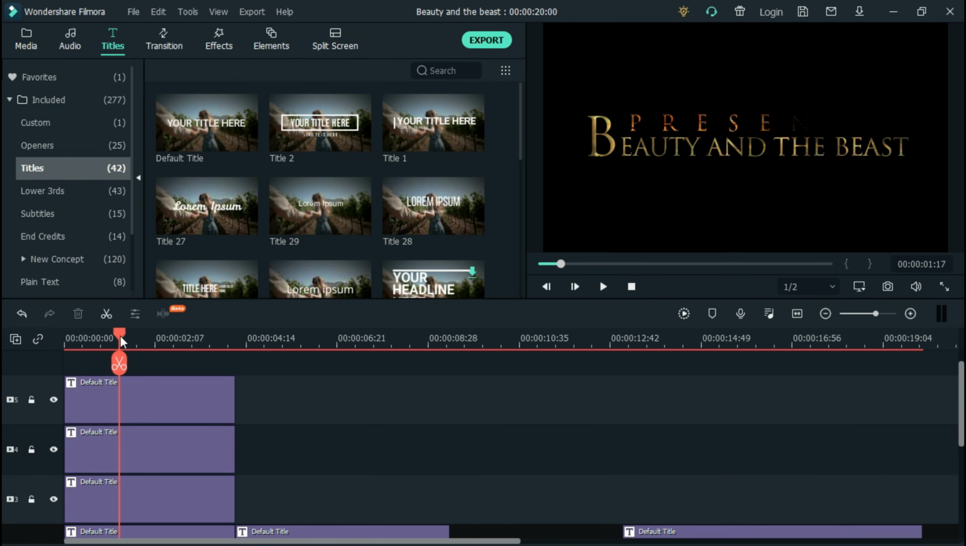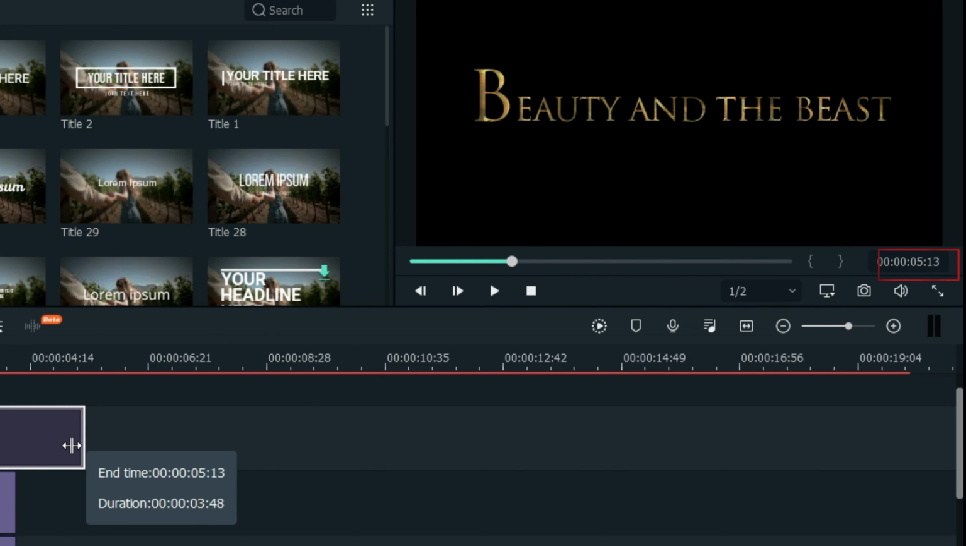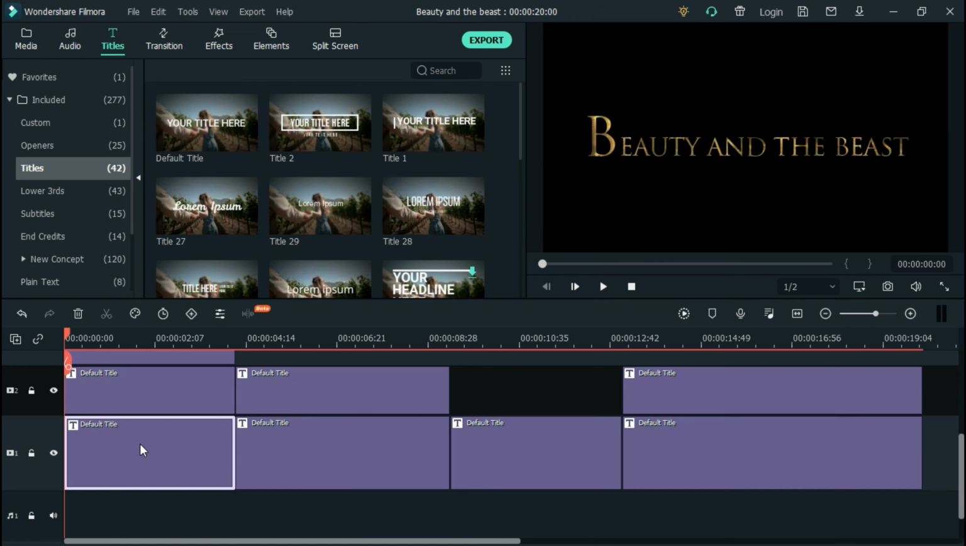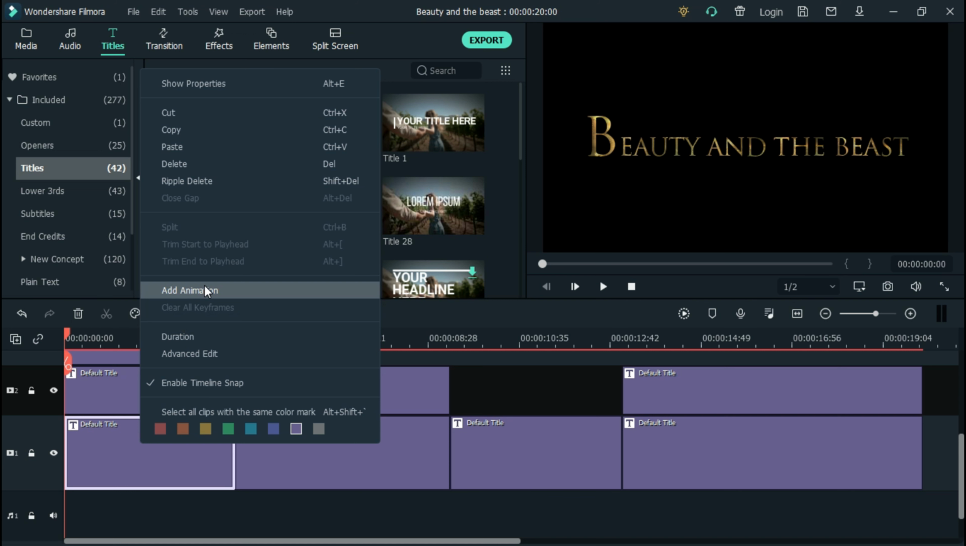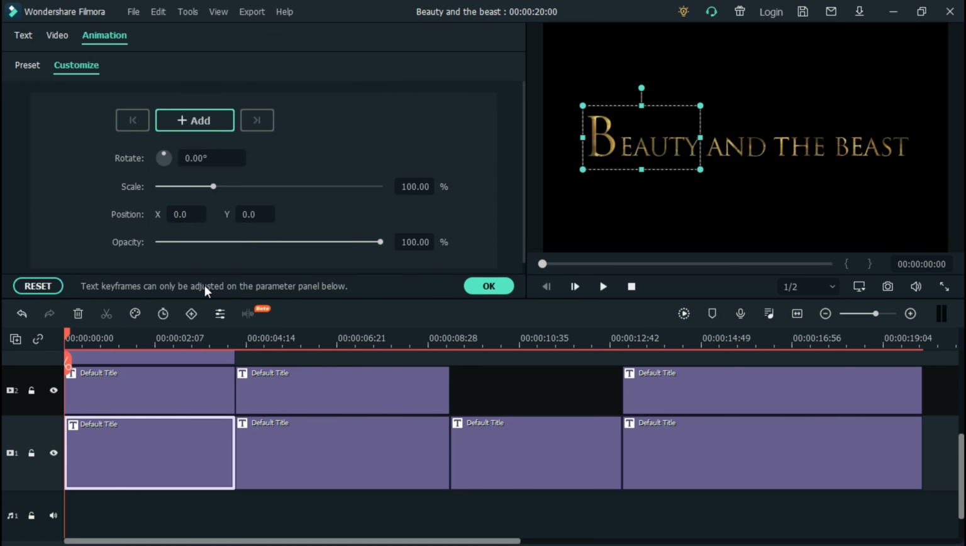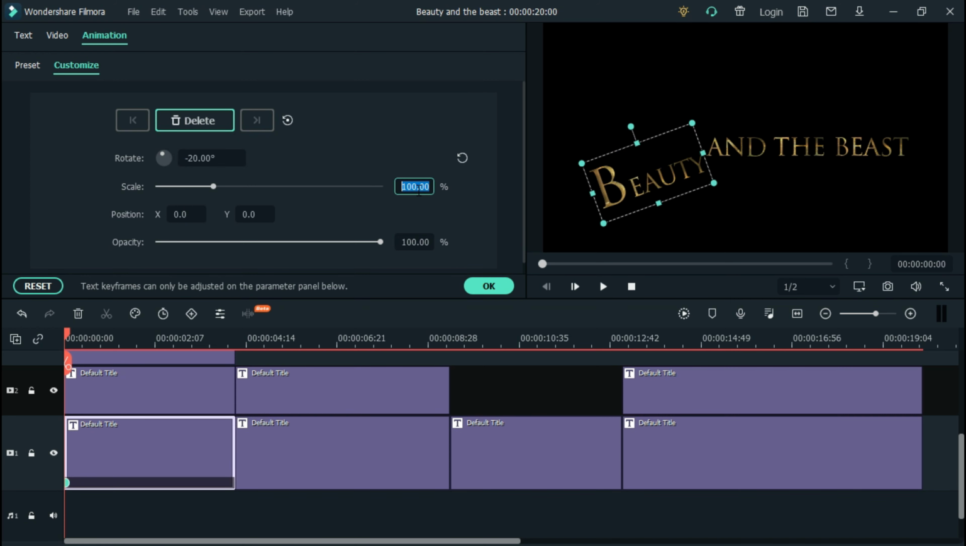Next, edit and adjust the top text and place it at 1 second and 24 frames. Then animate the text. To do that, select the text, right click and select Add Animation. Add a keyframe at the start of the text, set the rotation to -20 degrees, scale to 400,